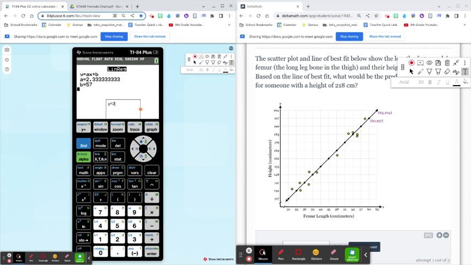Y equals 2.3333 repeating x plus 57. That is the equation of this line. Once you have an equation of a line, you can find out anything you want to find out. So all we have to do is go